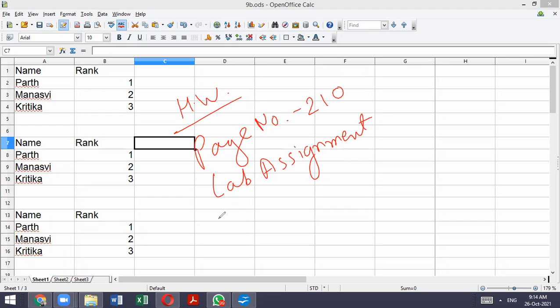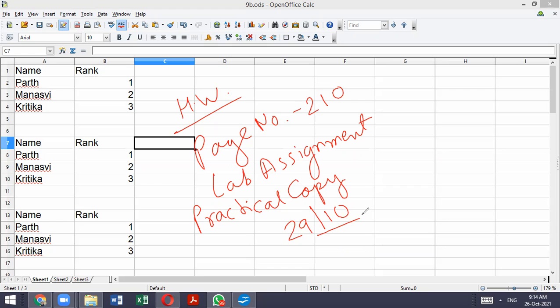So that lab assignment, you need to write in your practical copy. You have made a practical copy, na? Yes, sir. In that practical copy, you have to write and you have to submit on 29th of October. So we don't have to write in the classwork copy?